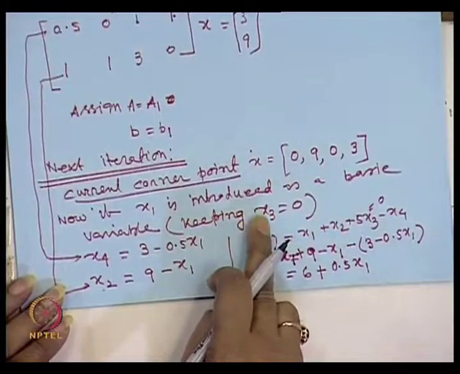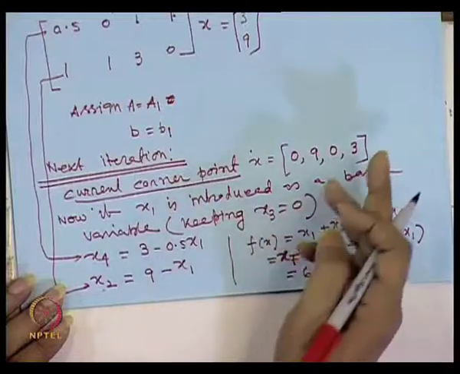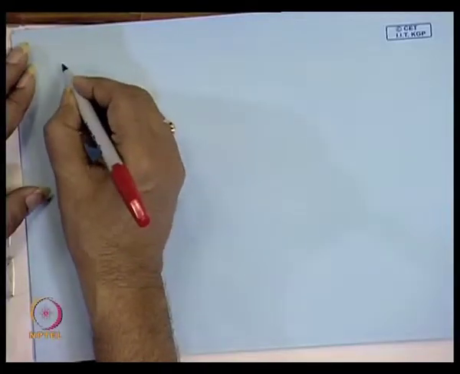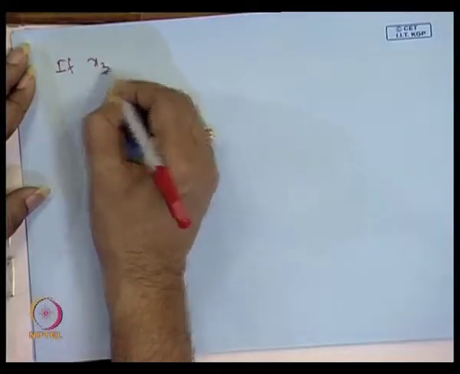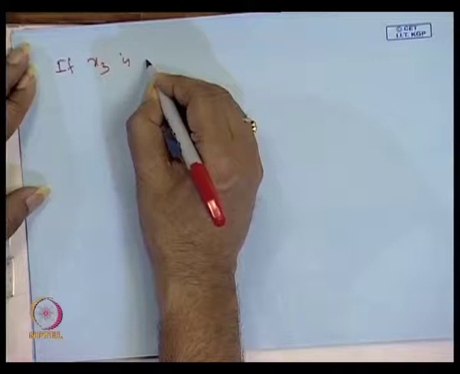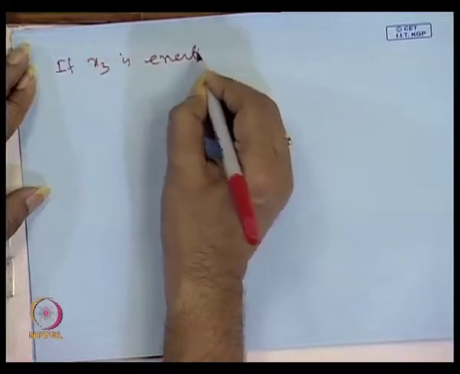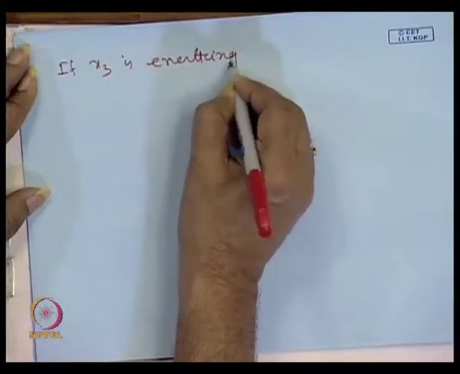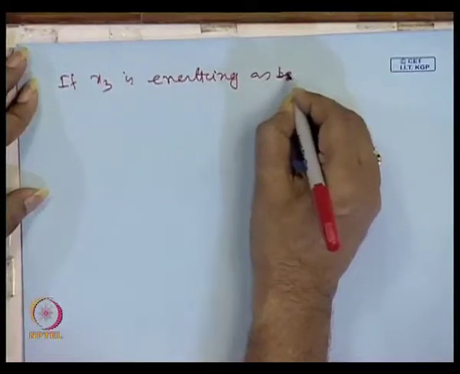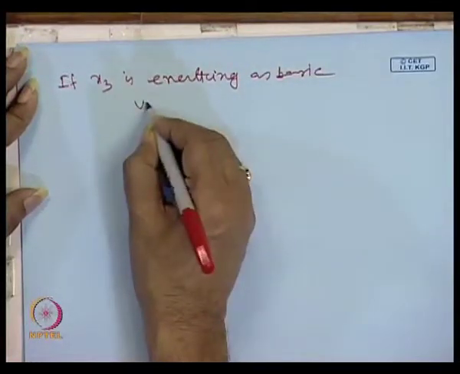Then what choice is left? x 3. You try with x 3, if x 3 is entering as basic variable,